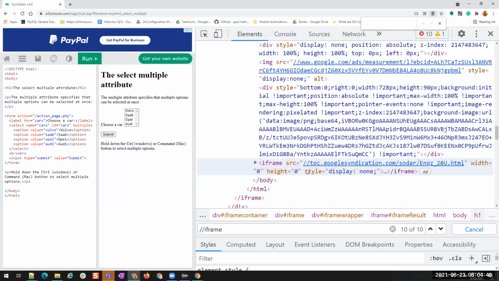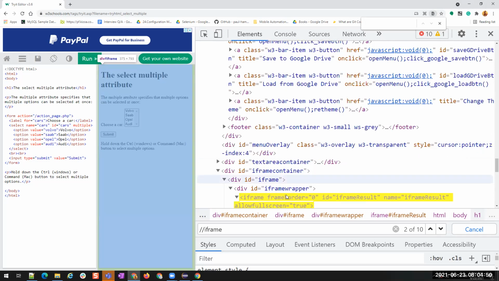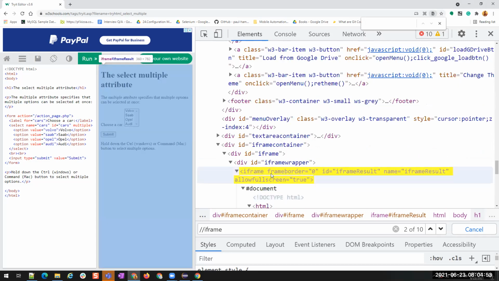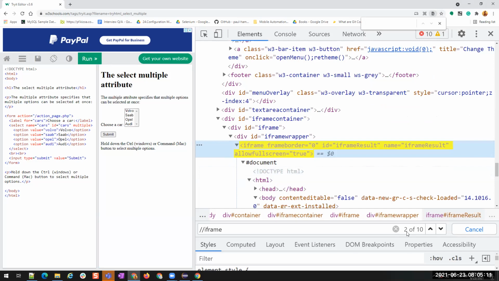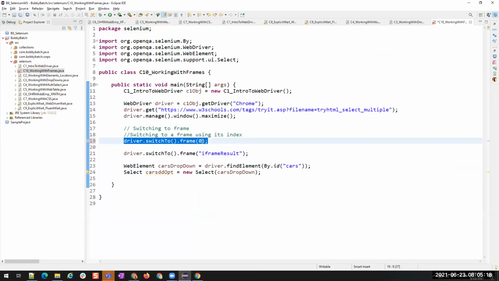Okay. 1, 2. So the second one is our index. Now, since there are 8 ads, this became the second index. But if there is only one ad, then the index will be changed, right? So the number is 2, which means the index position will be 1, right? Index starts from 0. Here the number is 2, so that means the index position will be 1. You understood this?